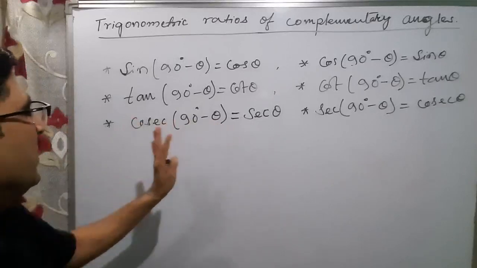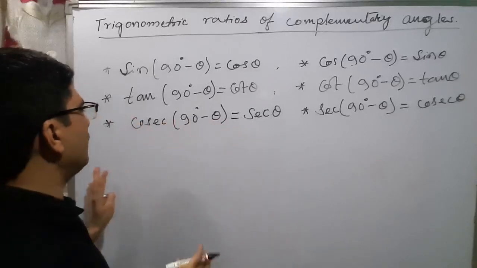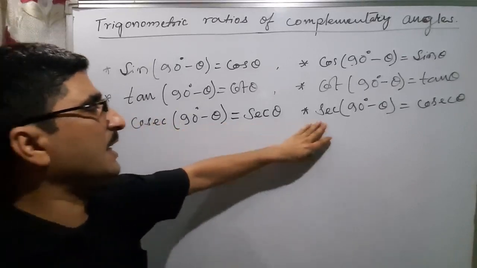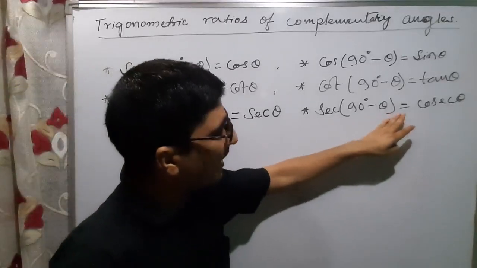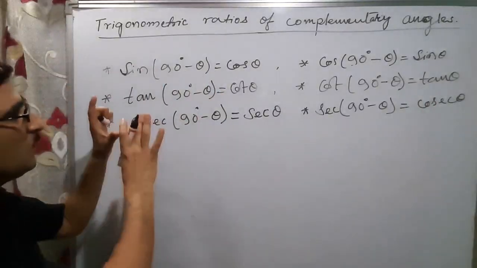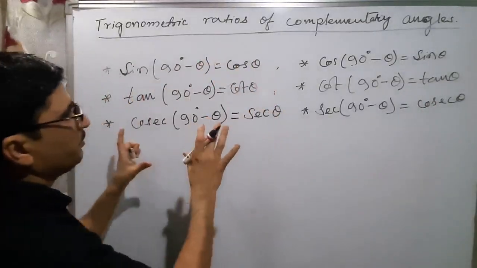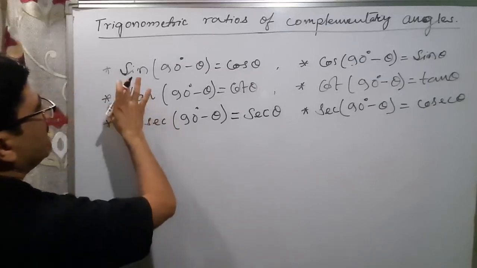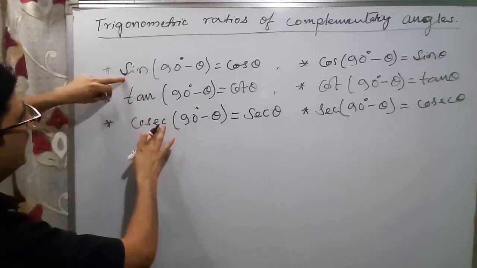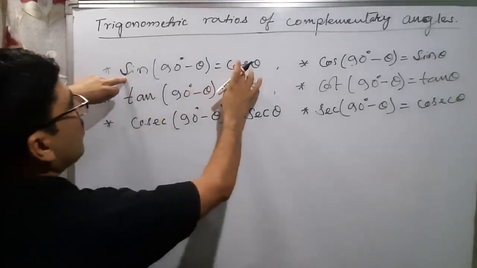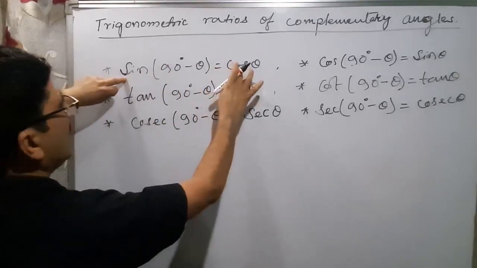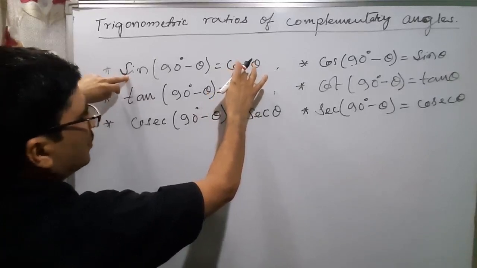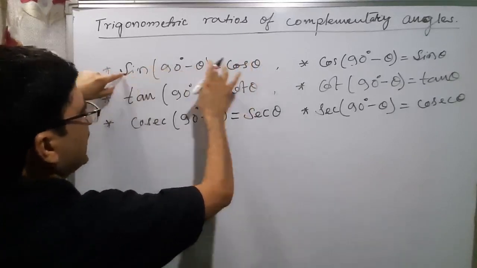So the direct relation between cosec and sec we have only one, that is cosec of 90 minus theta equal to sec theta, and sec of 90 minus theta equal to cosec theta. You check, you will be confused if you do not understand the relations perfectly. The first point is, sine and cosec are reciprocals. Sine and cos are not reciprocals. What relation do they have? They have a quadratic relation, sine square theta plus cos square theta equal to 1. And one more relation is this.